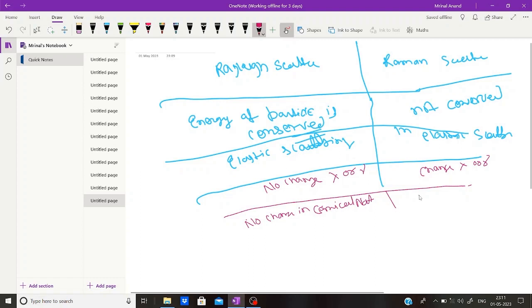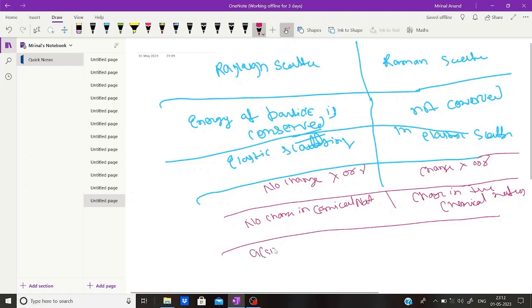Here you can see the change, because here you are treating the light as a particle, I have already discussed, that is the photon. So here is the change in the chemical nature. Or here the size, that is the size of the particle, is very small compared to the lambda of the incident electromagnetic radiation, and here the size is greater than the lambda, or